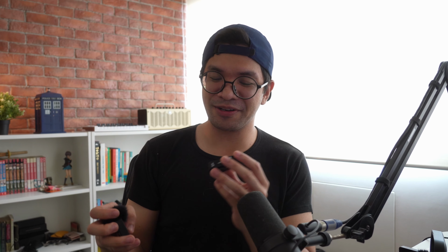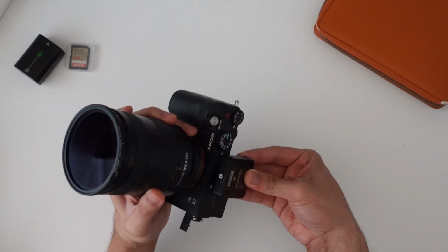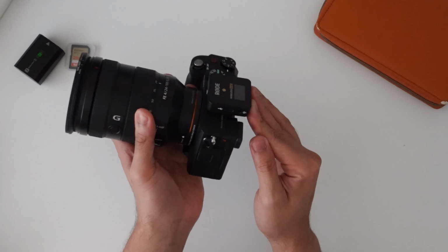Let's talk about pros for each system. Like what I said, the Rode Wireless Go IIs are very convenient. They are wireless, so you just clip the receiver on your camera and you clip the microphone on your person, and you can essentially leave your camera shooting you, and you can go a little bit far from the...